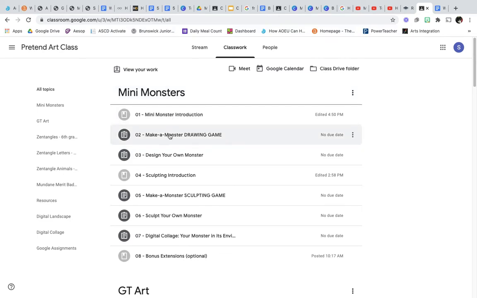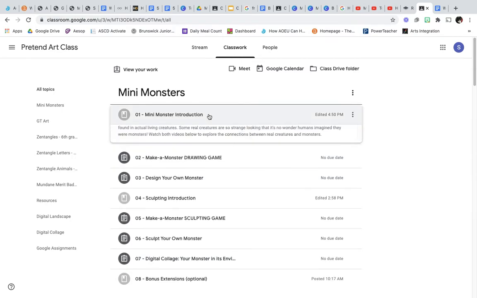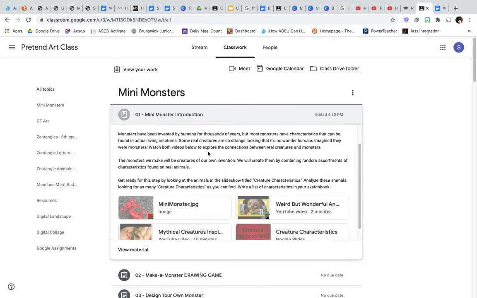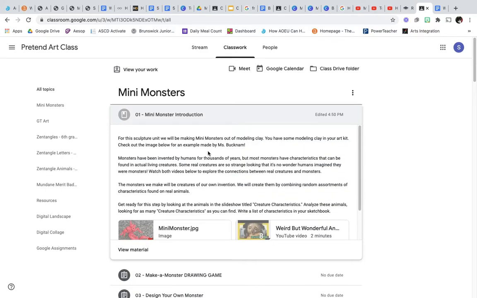And you can see that I have arranged all of the tasks and assignments and all the materials that my students need to do in order by numbering them and arranging them in the order they need to do them in. So I'm going to walk you through each of these, and as I go, I'll explain how each task fits in with the concept of a hyperdoc style learning guide. So this first one, Mini Monster Introduction. For this will be the engage and explore